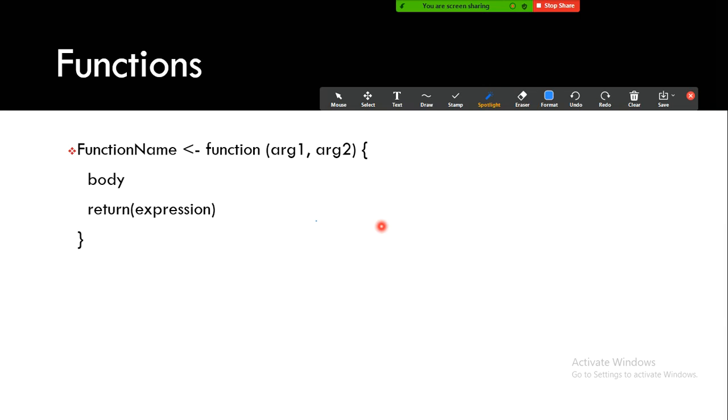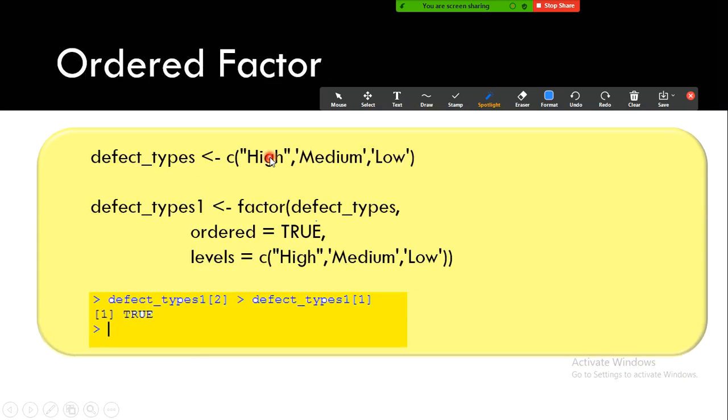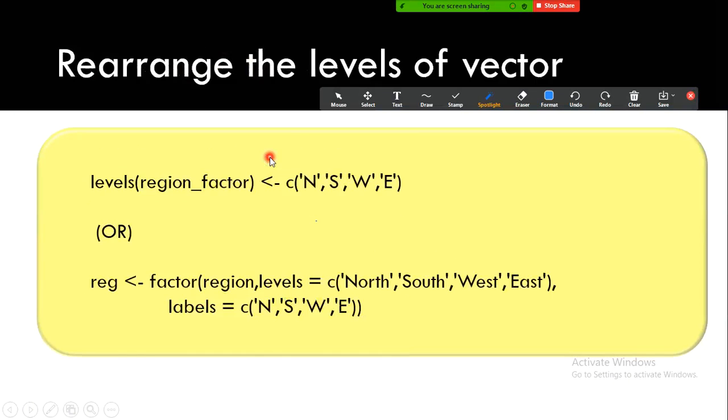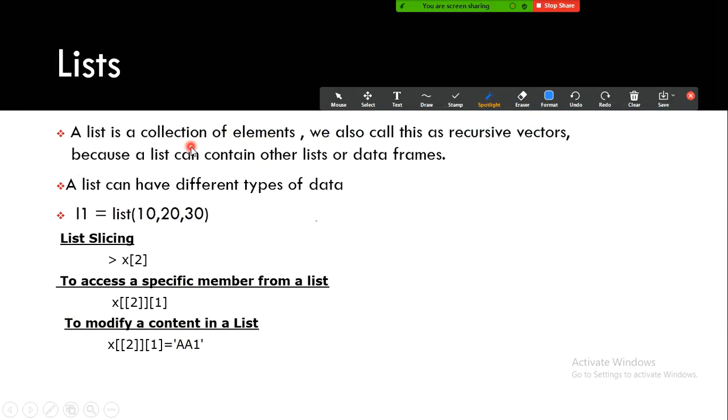And followed by functions, we'll jump into the dplyr package. Look here, and the first-class function also: how to assign a function to a variable. That is possible in R also. And factor: we will see what is a factor type and an ordered factor, all the things tomorrow. And followed by this, we will jump into dplyr tomorrow itself.